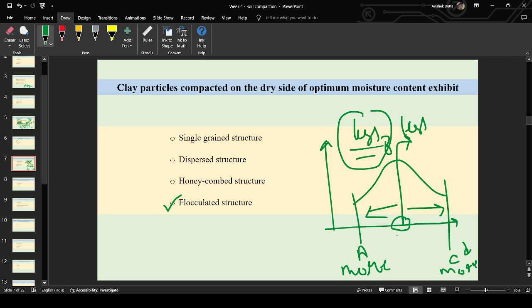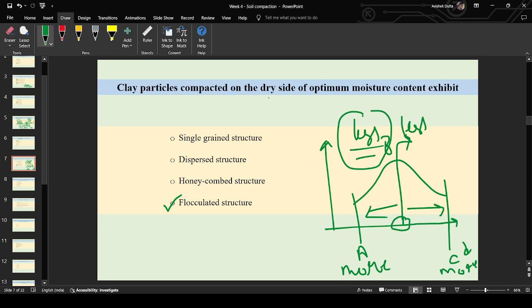In some books, I have seen they have also shown the structure of clay soil at A and B and C. Between A and B also they have given. I think you're referring to the B.C. Punmia book. I might have seen that in some textbook also. But the thing is,